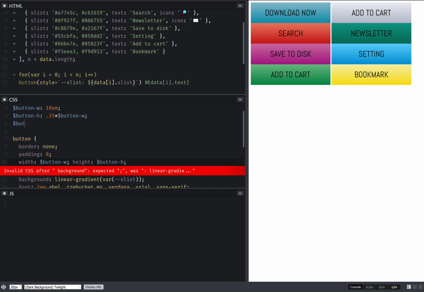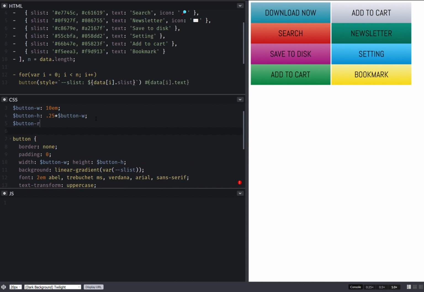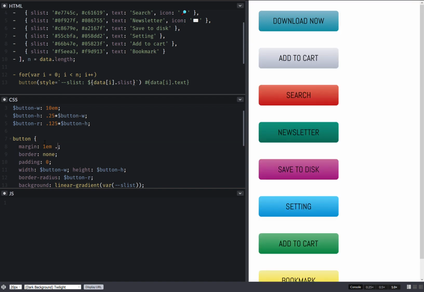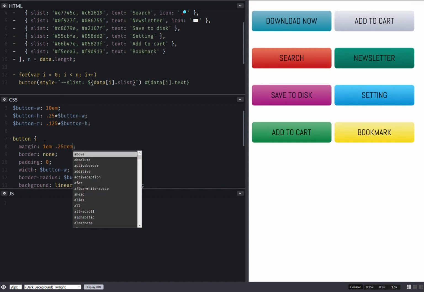Let's see. Maybe it's a fluke. Yeah, that was. This is going to be my border radius. So 1/8. So okay, I've set that border radius. Let's also set a margin. Something like that. Okay. So now that I've done this,